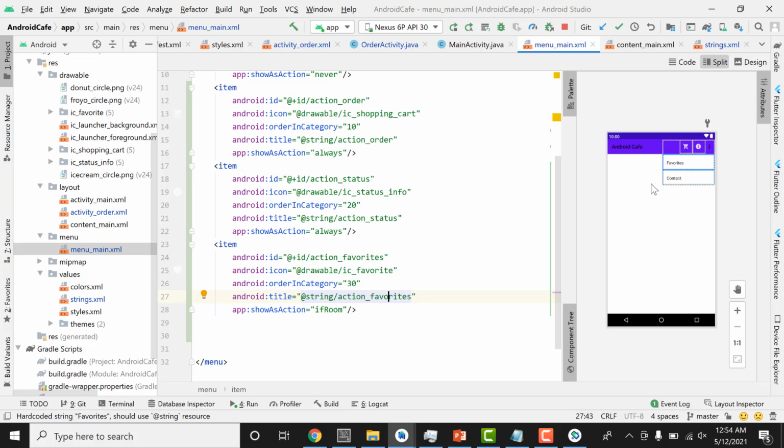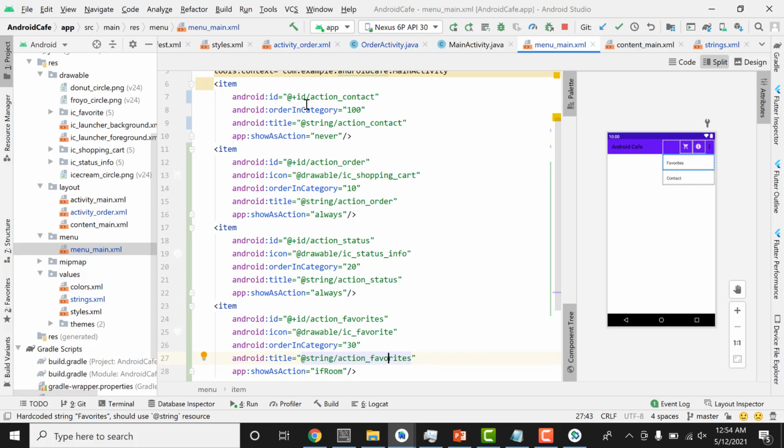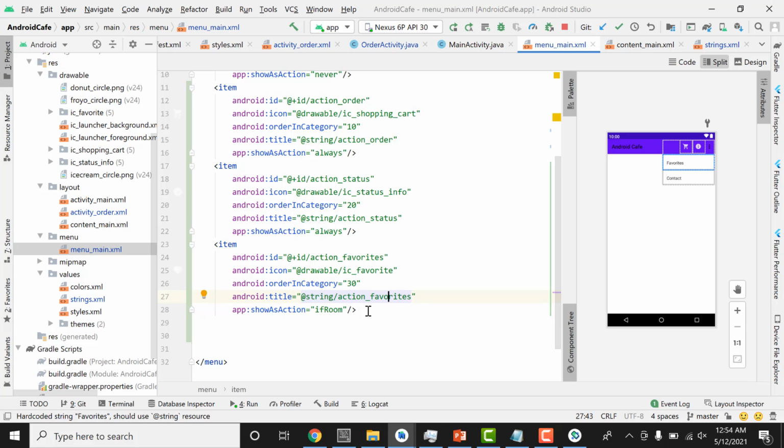Yeah, you can see the contact is also listed here. So the contact item is shown as never, whereas the two items, the action order and the action status, are visible, whereas the fourth item is also, if we have room then it is visible, otherwise it is not visible. So with that we can move on